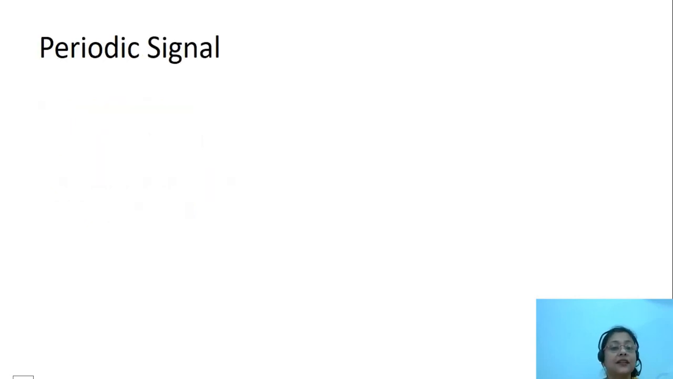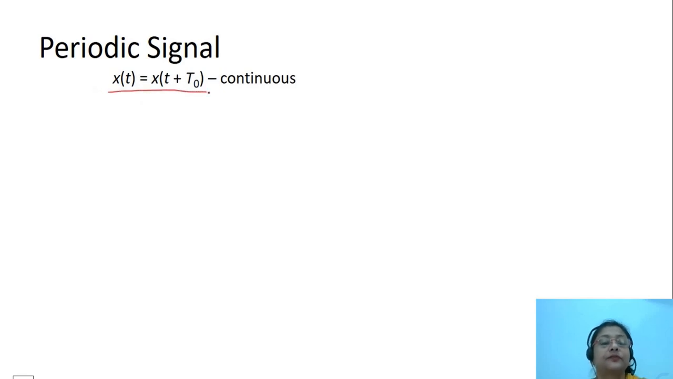A periodic signal is a signal that repeats itself after a definite interval of time. So we can write in mathematical form the periodic signal as x(t) equal to x(t plus T0). And this type of signal is continuous signal when we are plotting it in the time domain. Now x(t) is a function of time and x(t plus T0) is also a function of time, but this T0 is the smallest time interval after which the signal will be repeating itself, and this T0 is known as the periodicity